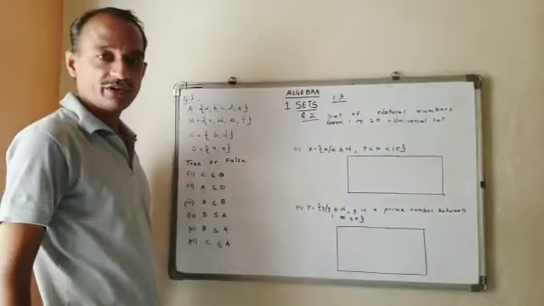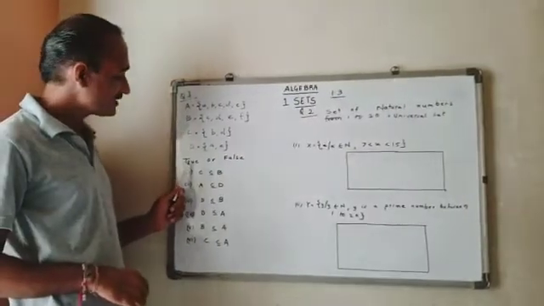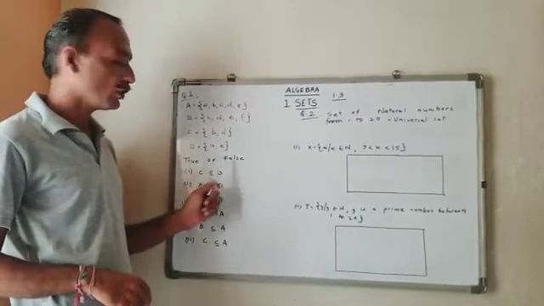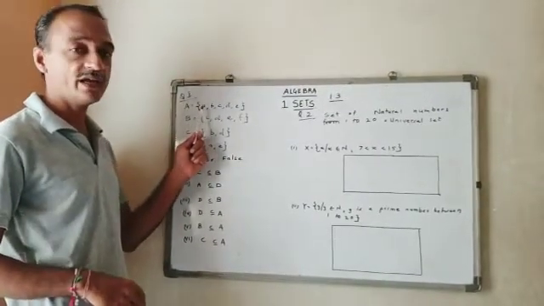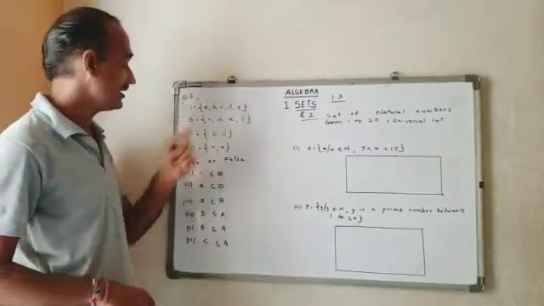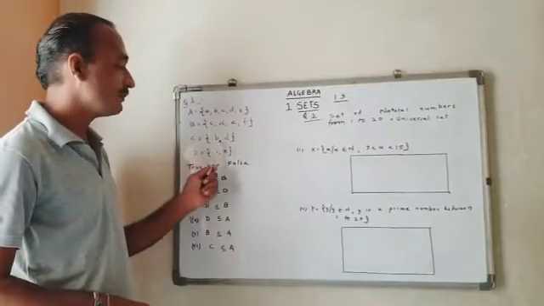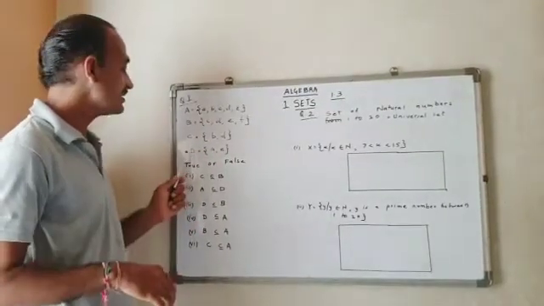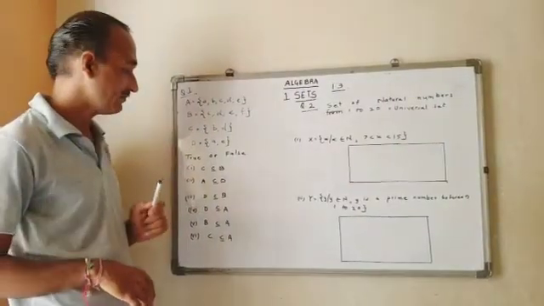Practice set 1.3. Now here, question number 1 asks you to find true or false, where A is a set of A, B, C, D, E. B is a set of C, D, E, F. C is a set of B and D, it contains two elements, same as D, which is a set of A and E.